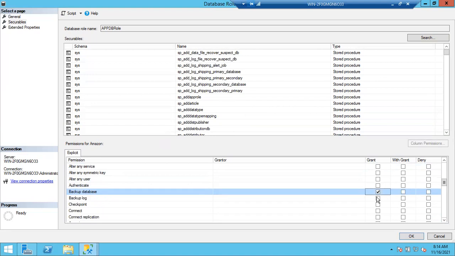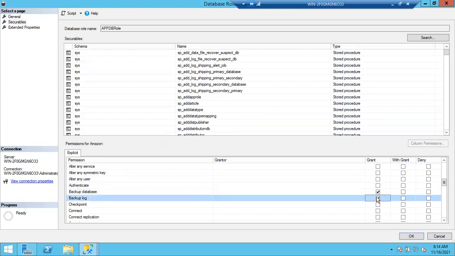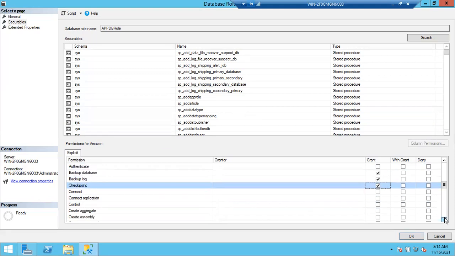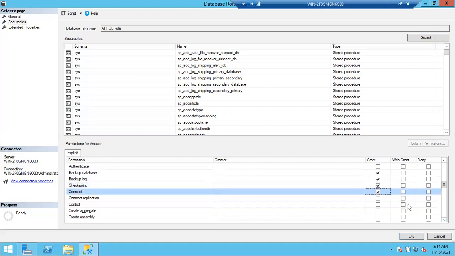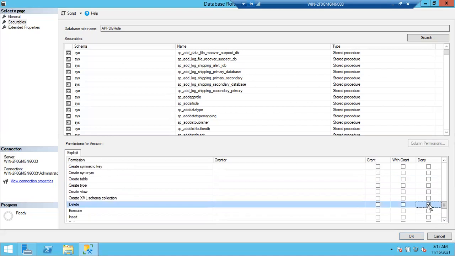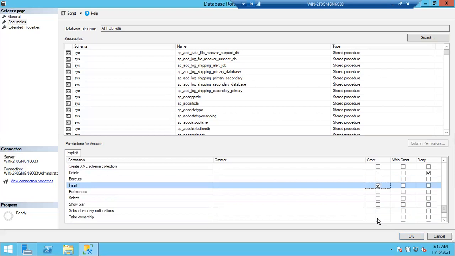A member of this role can do the database backup and the database log backup, run the checkpoint, and connect to the database. And I'm going to deny delete, so that a member of this role cannot delete any records. Can insert records, can select the query.